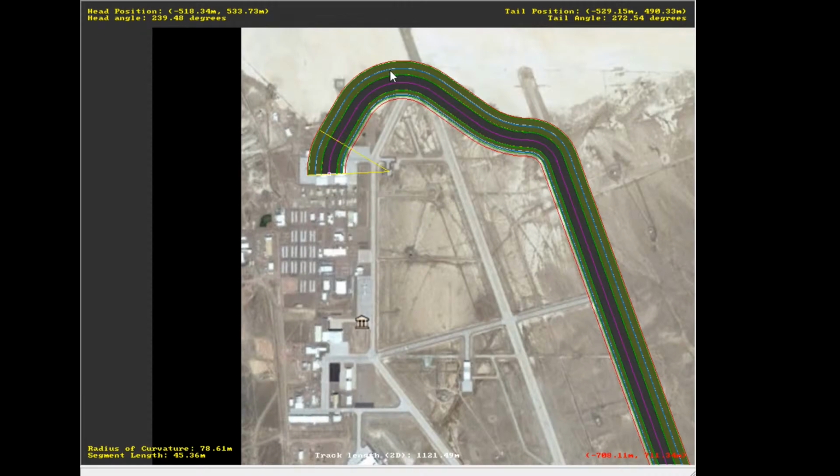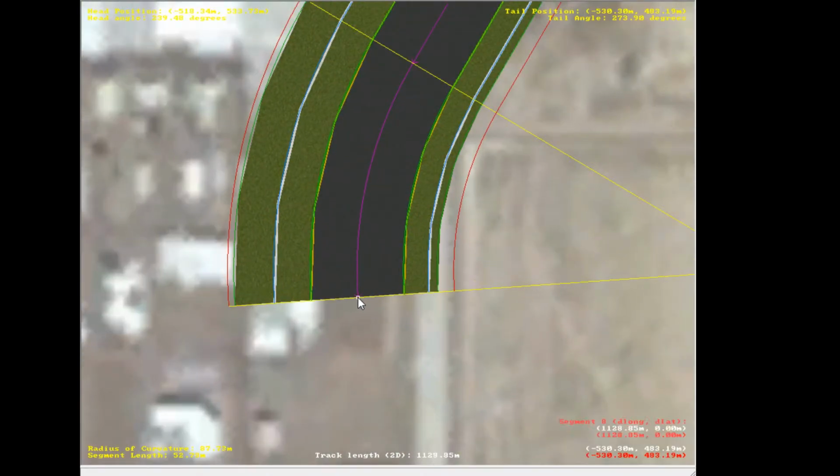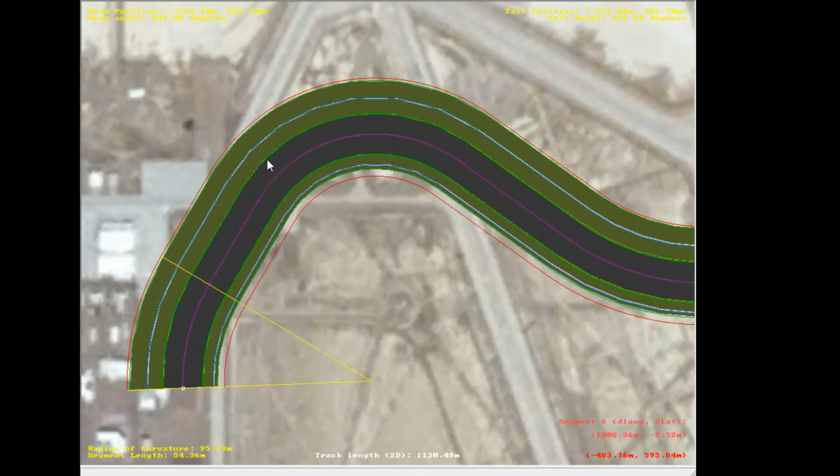And this part might not. This part in here is a little bit questionable because that straightaway is not very long. But who knows? I could be wrong, and this could actually be fine. If this is all downhill, or there's some uphill and downhill stuff in here, it could be fine also. You'd probably have some extra runoff right in here. But what I'm just going to do for tonight is mostly get the